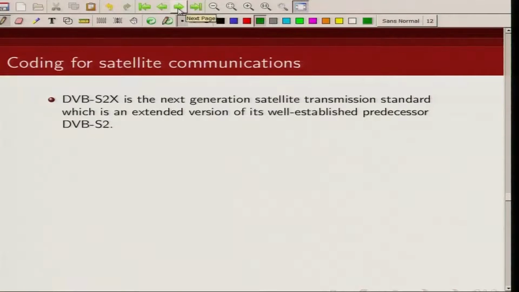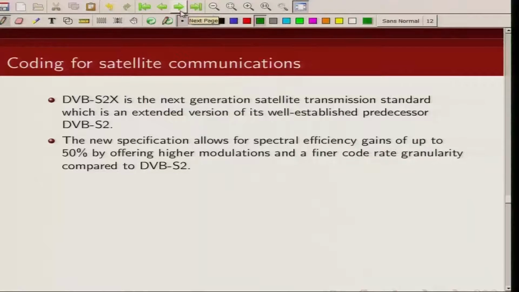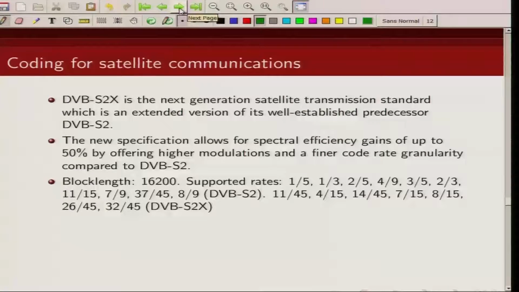Now, there is another standard which is an upgradation of this DVB S2 standard, called DVB S2X, which is an extended version of DVB S2 standard, and it allows finer rates of LDPC codes. You can see for the block length of 16,200, these were the rates which were supported by DVB S2. Now, DVB S2X can support further these rates. So, it provides much finer code rate granularity compared to DVB S2